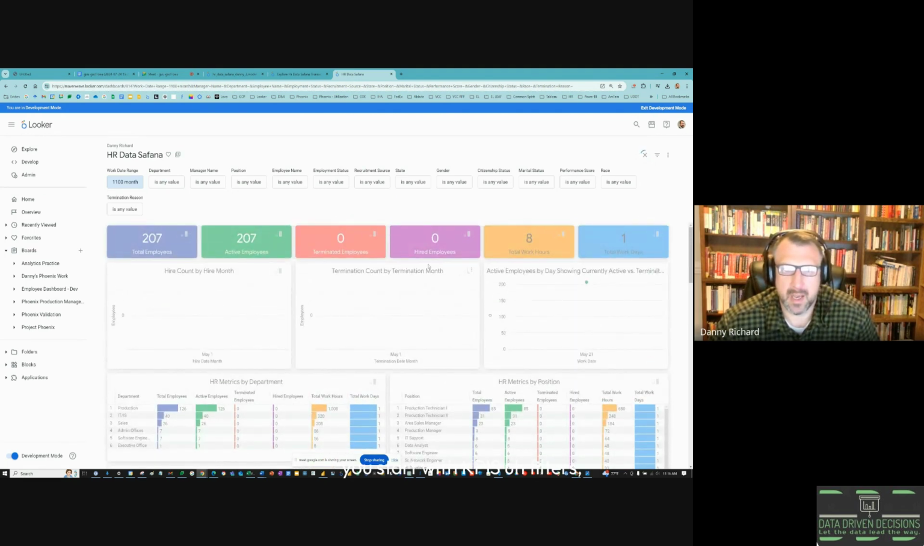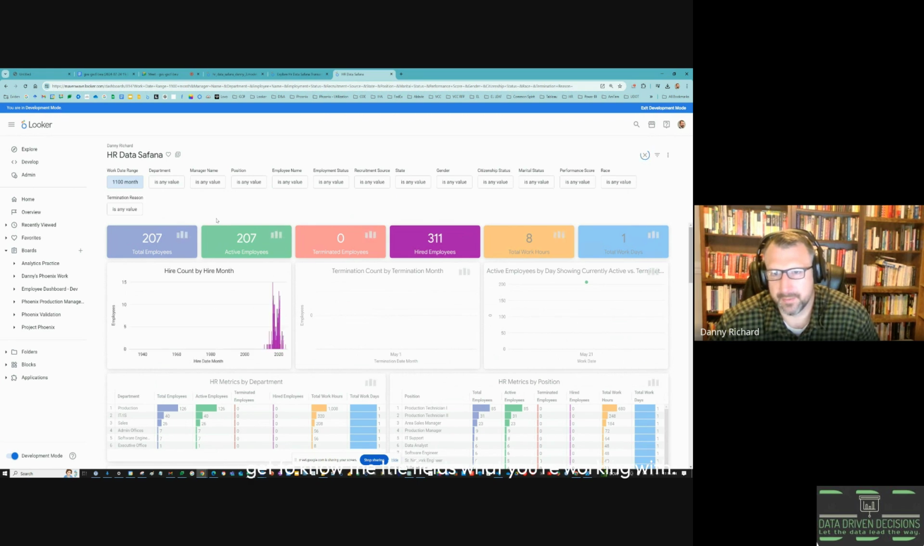You start with KPIs, filters. The more the merrier. You just do it for every dimension. When you just build your first dashboard for something, make it a simple exploratory dashboard. Do it for yourself, just so you can get to know the data, get to know the fields, what you're working with, and